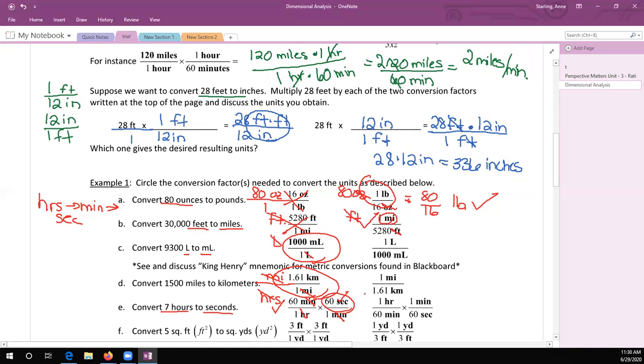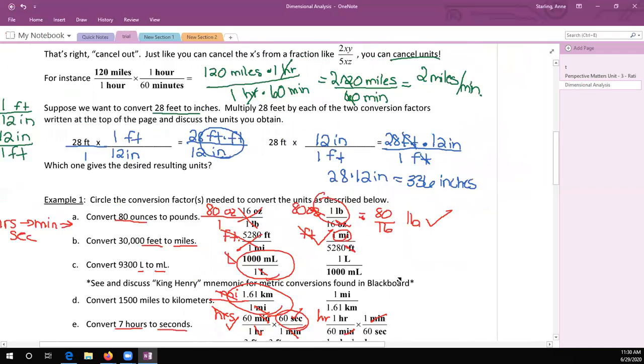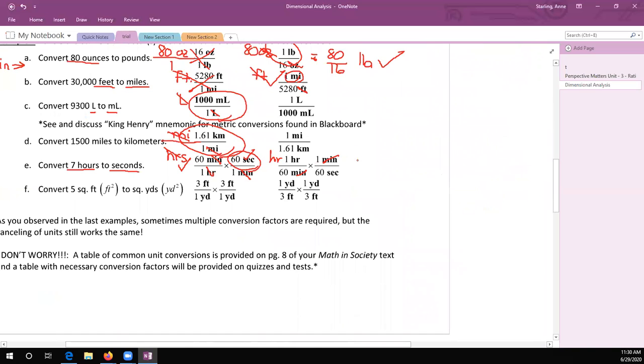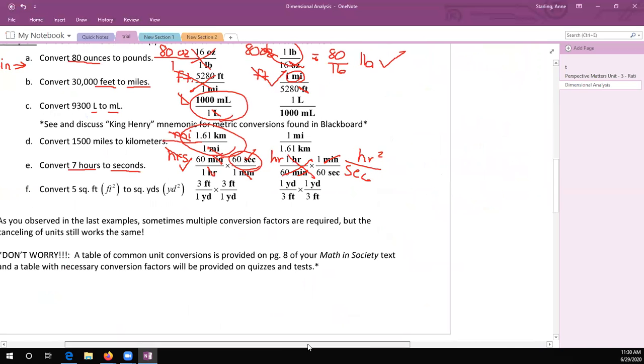If I come over and try the second one, the hours don't cancel, the minutes do, but then I'm left with hours squared over seconds squared, which is not what we want. So definitely not that one. And then the final one